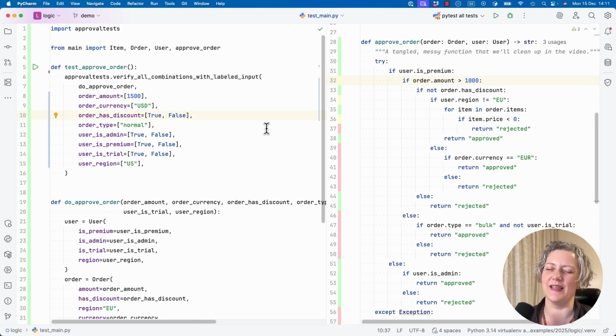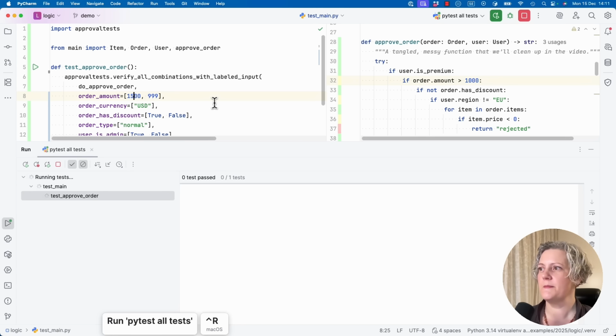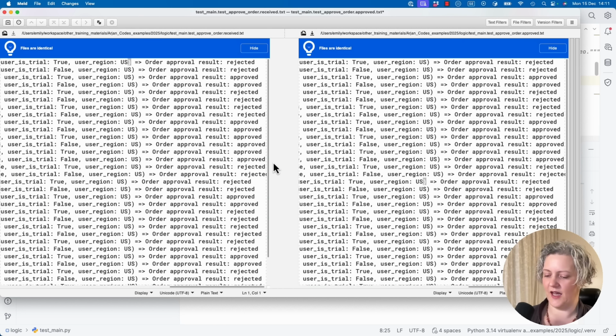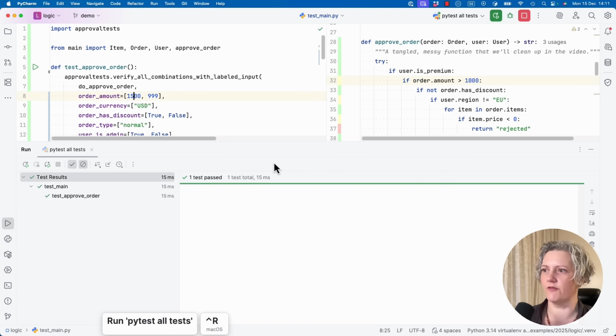The next part, though, needs a little bit more thought, because some of these you don't actually really know what would be interesting values to include in the test. And for that, I am going to need to read the code a little bit. So, order amount. It seems to have a breakpoint here around 1,000. So let's put in a value below 1,000, since we already have a value above 1,000. And that doubles the number of combinations I'm testing. And that, I'm hoping, will also increase my coverage.